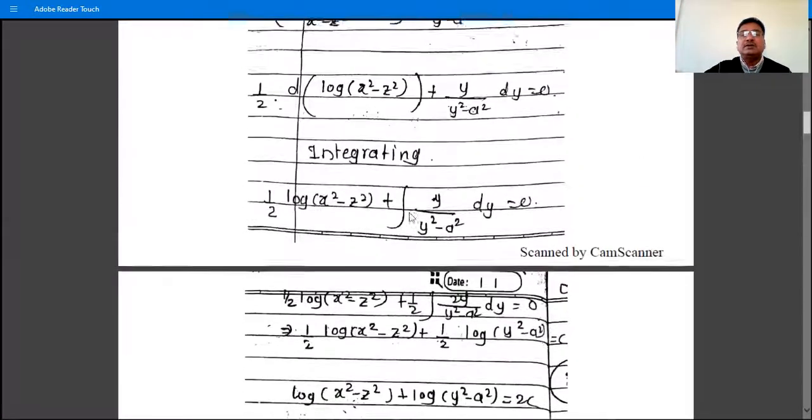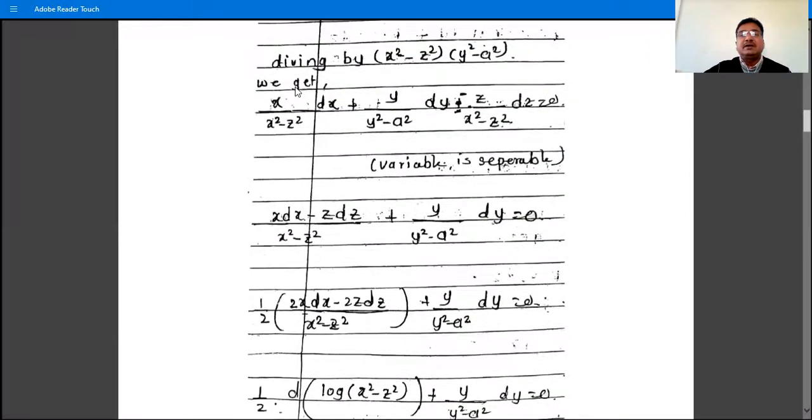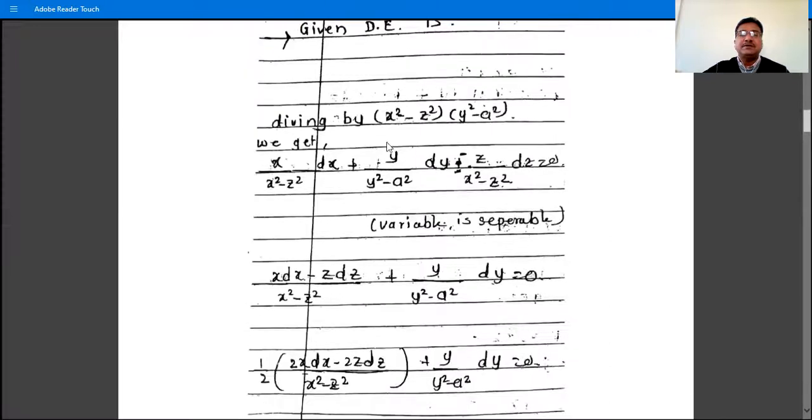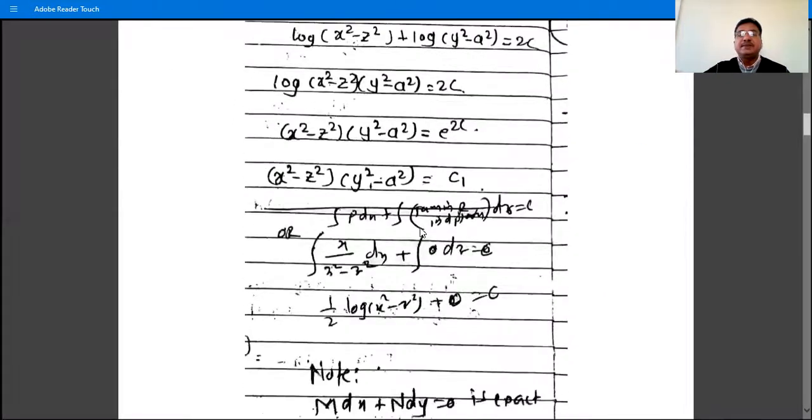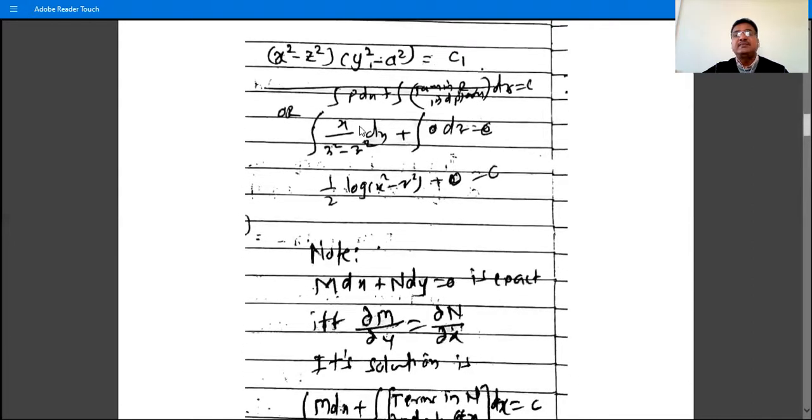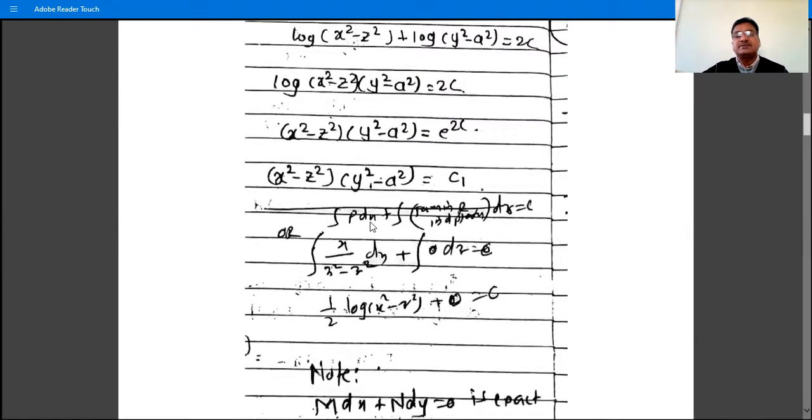Or, in order to solve this differential equation, this part, x by x square minus z square dx plus y by y square minus a square dy, we apply the method of exact differential equation. This is the exact differential equation. Once the given Pfaffian differential equation is integrable, meaning this mixed two-variable differential equation is an exact differential equation, and if it is exact, then its solution is what? The formula for its solution is: integration of p dx plus integration of terms in r independent of x dz is equal to 0.